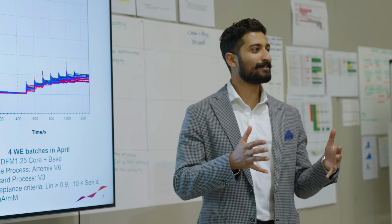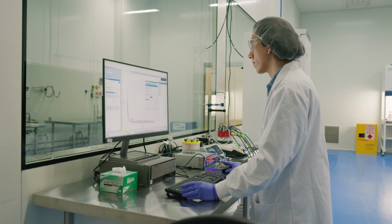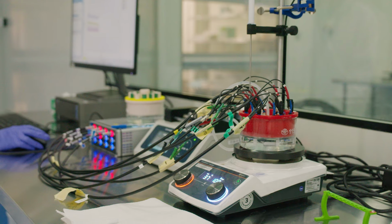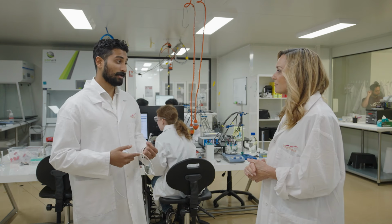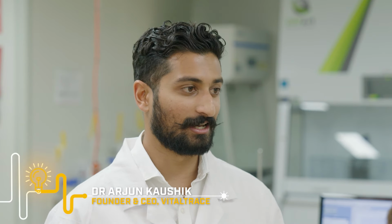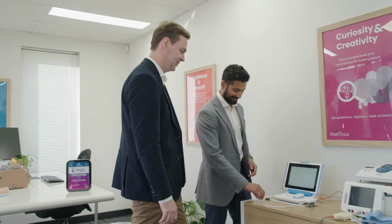Dr. Arjun Kaushik and his team here at VitalTrace have spent the last 7 years developing the DeliverSure Continuous Lactate Monitor, a world-first solution measuring the most accurate biomarker of fetal distress. Currently, obstetricians are limited to either measuring the fetal heart rate, which we know is an indirect marker, or taking an in utero blood test to get the gold standard biomarker, blood lactate. What we're doing, which is so novel, is we're able to deliver both heart rate and lactate in real time